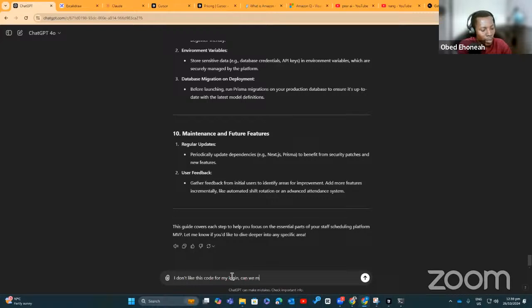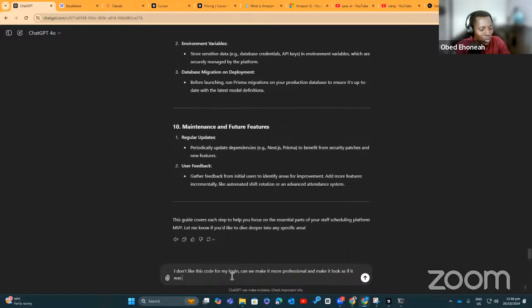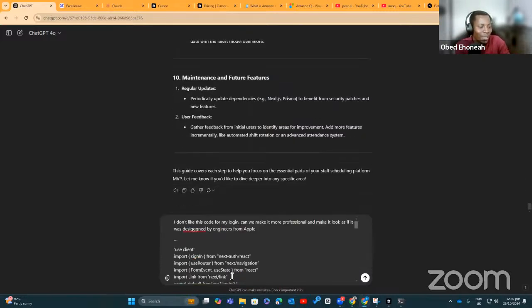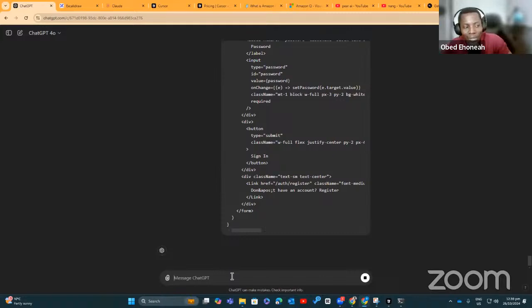Can we make it more professional? And usually, I like the role play part, so I would say, make it look as if it was designed by, maybe, the engineers from Apple. I mean, if you like the designs that Apple does, then let's see what ChatGPT will be able to do.